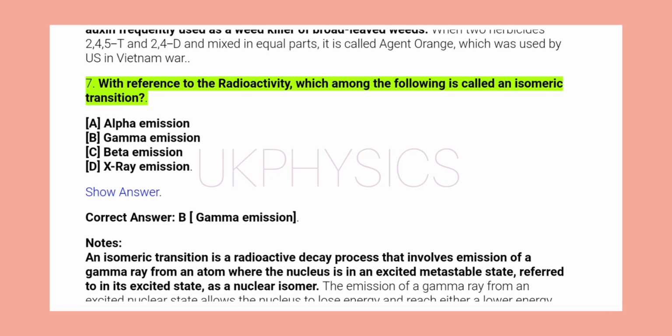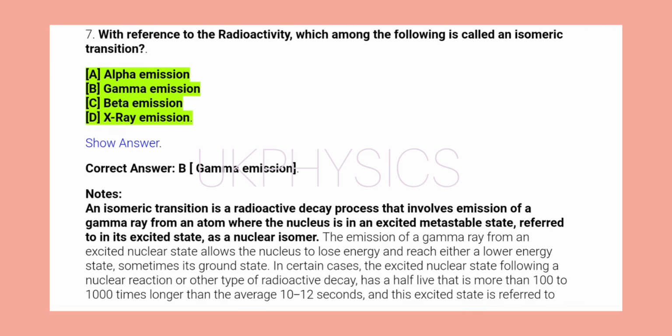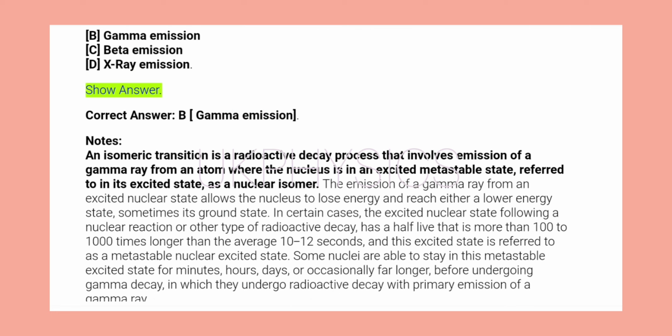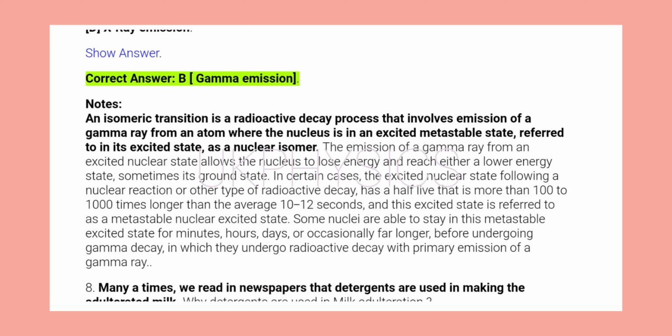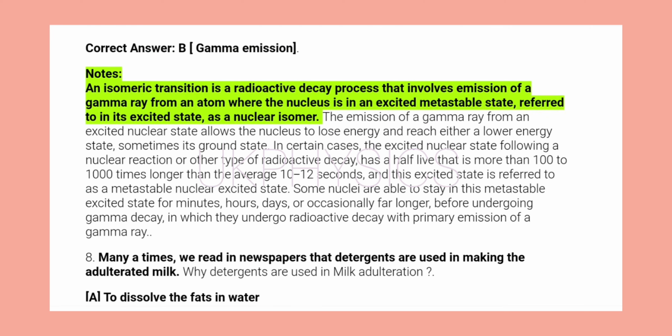7. With reference to the radioactivity, which among the following is called an isomeric transition? A. Alpha emission, B. Gamma emission, C. Beta emission, D. X-ray emission. Show answer. Correct answer, B. Gamma emission. Notes: An isomeric transition is a radioactive decay process that involves emission of a gamma ray from an